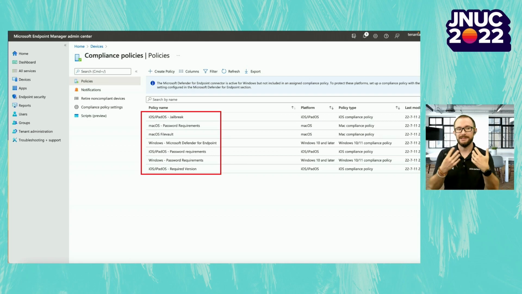I should always fulfill the same kind of requirements to access the same app regardless of what device I choose to use. And this is essential both for Jamf Pro and Microsoft Intune, since it requires you to target that user, not the device, with these policies. And some common examples of compliance policies are to require FileVault to be turned on, to have a specific version of macOS or a later version than the one you specify, or that the device is running some kind of active anti-malware, or a password that I just described. And again, if I have multiple policies, the device needs to fulfill every single one of them to be considered compliant.